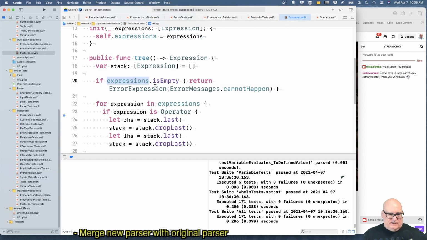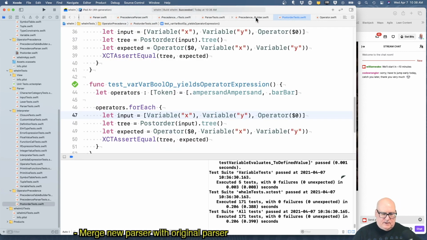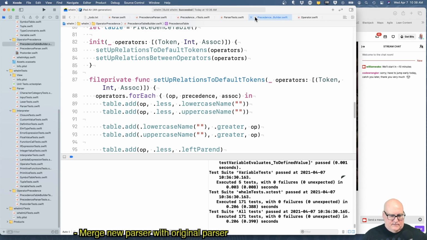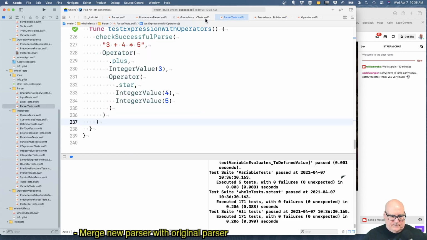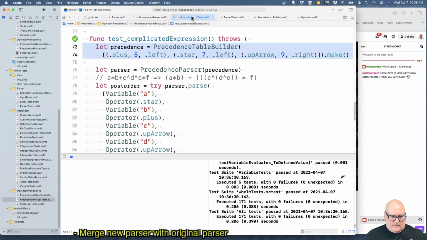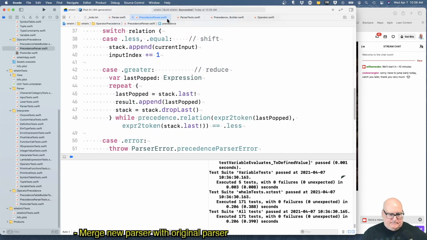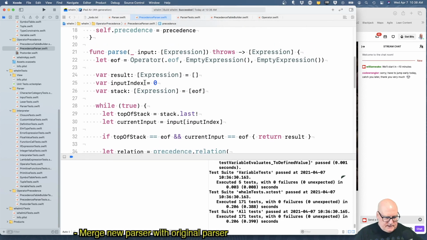See, expressions, I just don't think that can happen. Who does the throw? It's not post order, it's the parse. The builder. Yeah, this thing can throw.